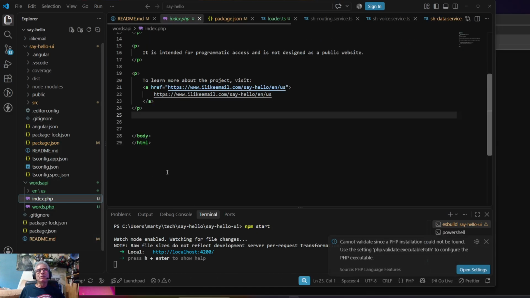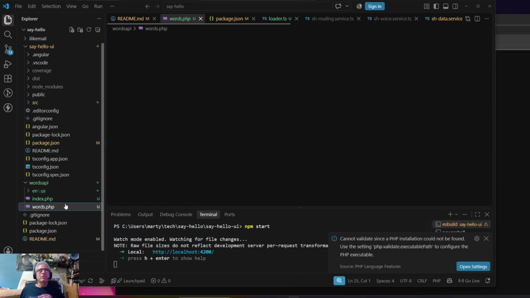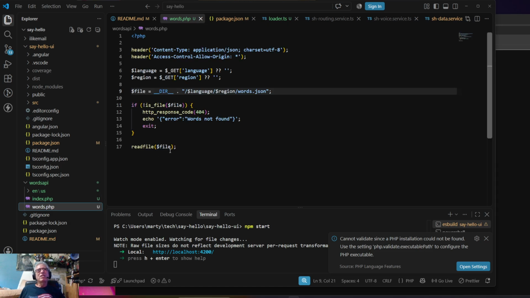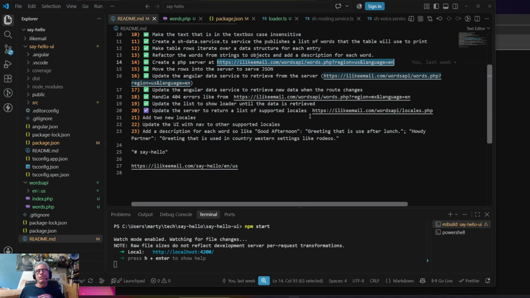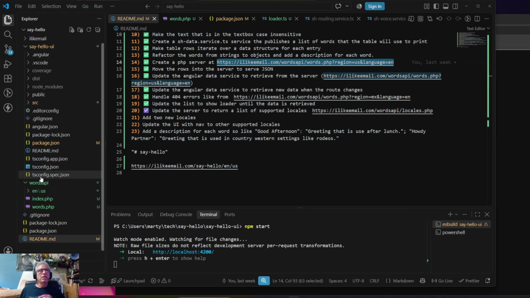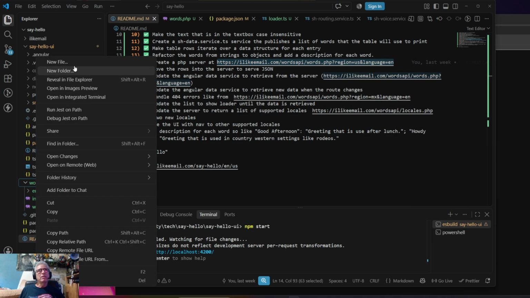So what I probably want to do is just, yeah, I'd rather do this one. What this does is it actually goes and gets the locale from this and prints it out. I don't think I want to do that. Maybe I do. I don't think so. I think what I want to do is just print out JSON. I know I want the name of this thing to be locales.php. So I'm going to say new file,